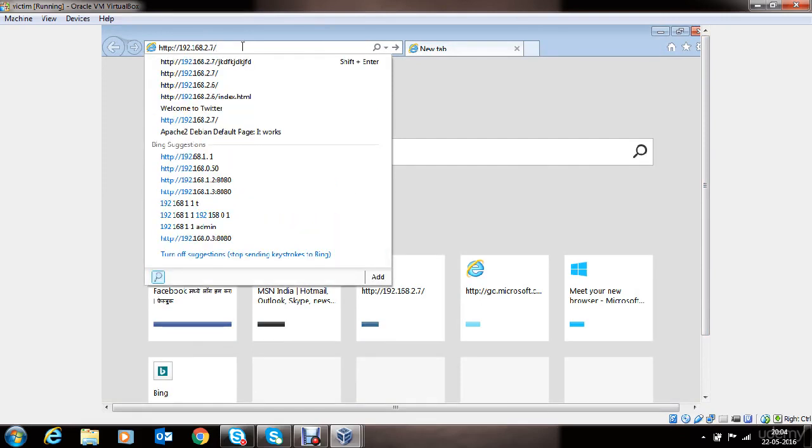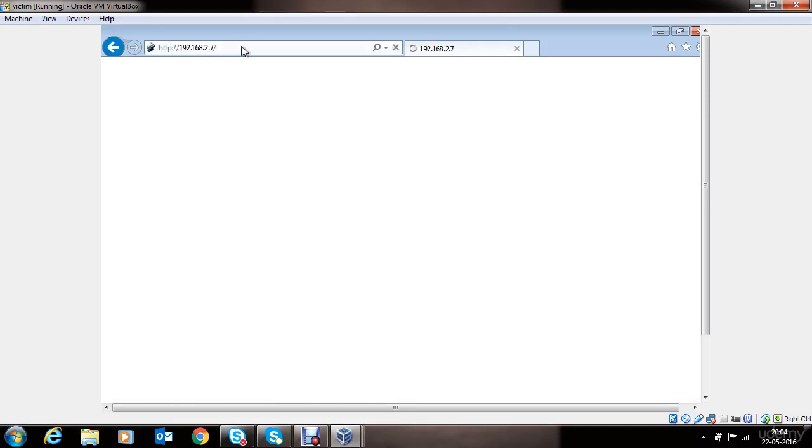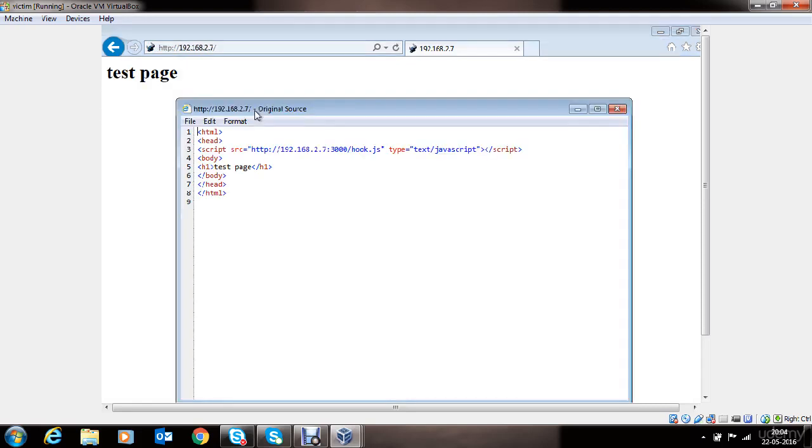You have to be a little creative in tricking the victim into accessing the URL. I will leave that task up to you. Now the moment the victim accesses the URL, he'll be presented with the page hosted by us, the attacker. If you look into the source code, you can see the JavaScript is available and gets executed in the background